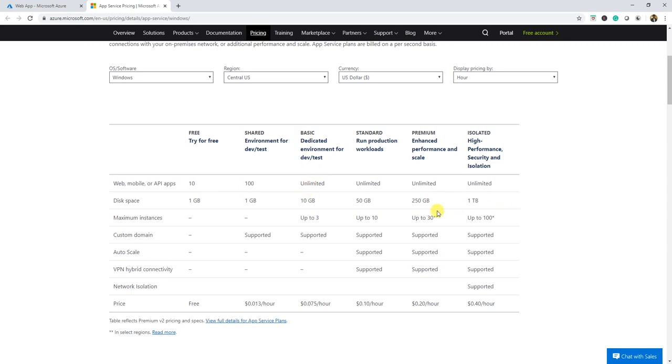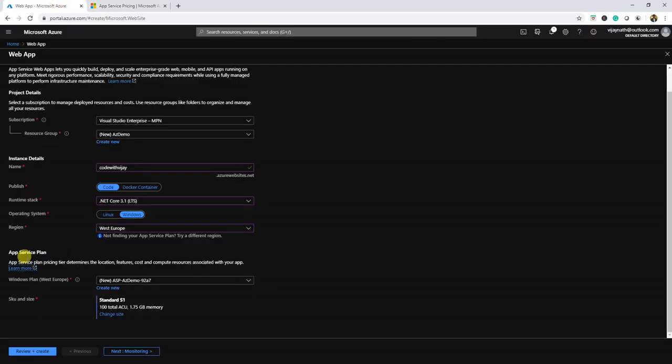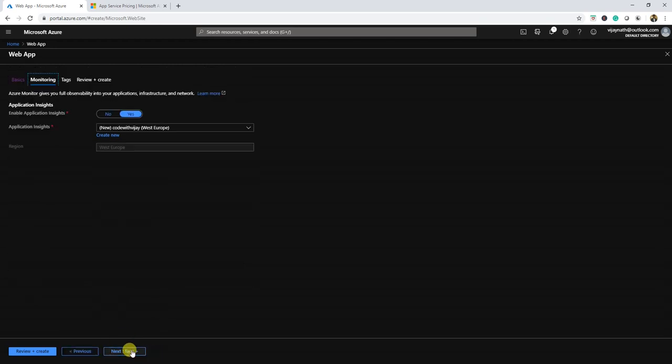I'm not going to go into much detail about the app service plan, but the conclusion is we need an app service plan for that. And if we don't have one, then it will create one for us. Okay, so I'm going to leave it as such. Let me go further on to monitoring. If you want, you can enable Application Insights, so later you can query the entire application logs. For now, I'm going to disable it,